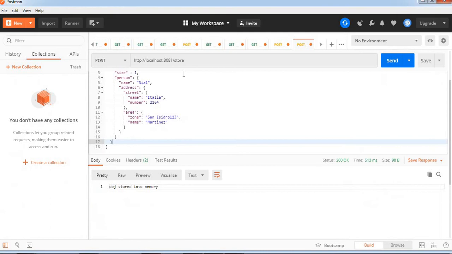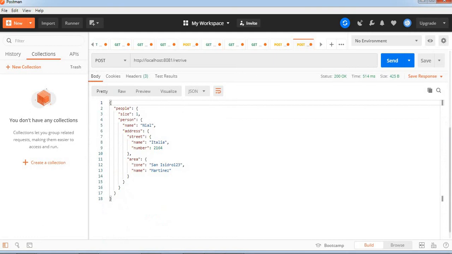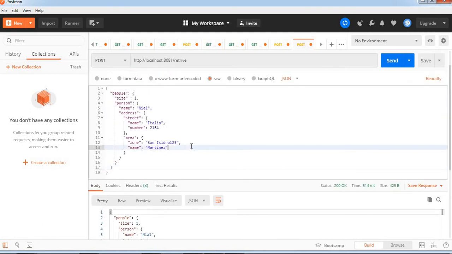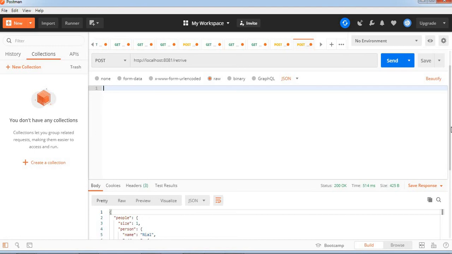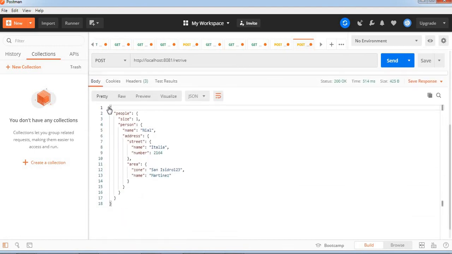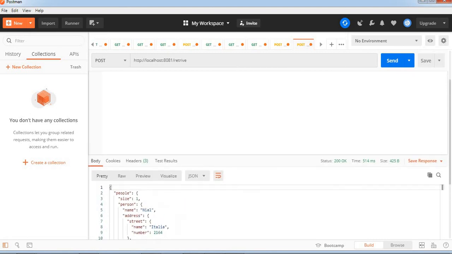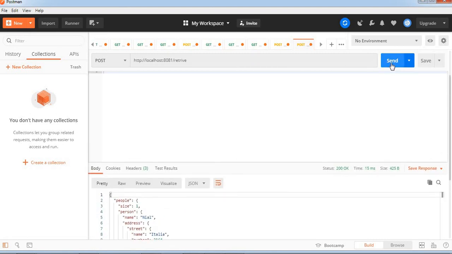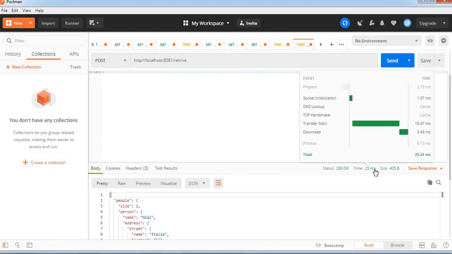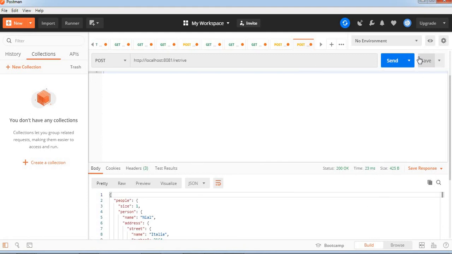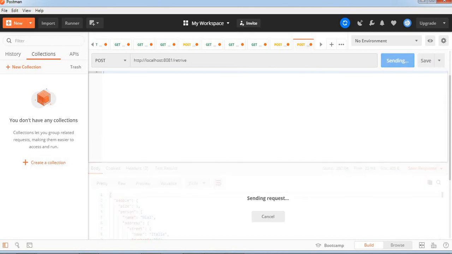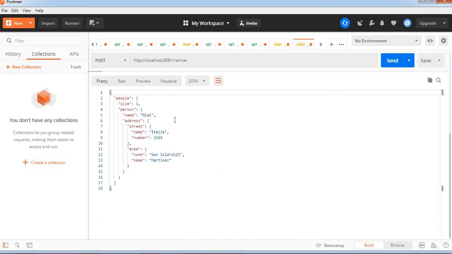We'll make a request with that listener. Now we are able to get the data. If you are confused, let me delete this one. We get this data from the object store. We didn't do anything else. If you want to make another request, you can, 23 milliseconds, 200. You can make any number of requests, and it will retrieve from the object store.